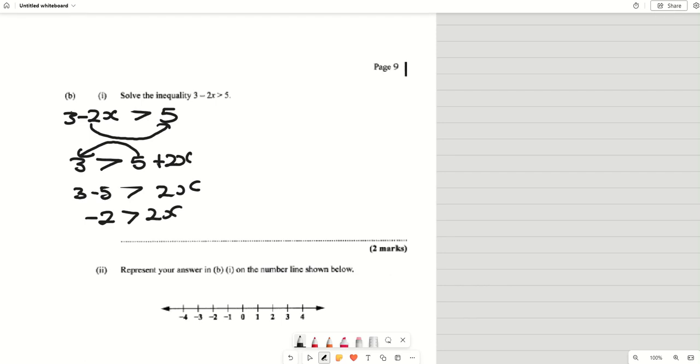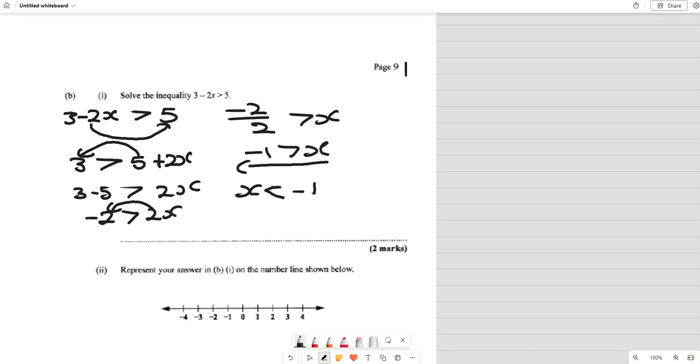Now, I don't want to say less than, because whenever, oh, hold on, let's carry across, multiply by 2. That is minus 2 over 2, right? So that's minus 1x, right? The reason I don't want to say the sign is we always read from the letter, right? So that means we're reading backwards. So this is now going to be x is not more than, but less than -1, right? And that would be your solution for this one,